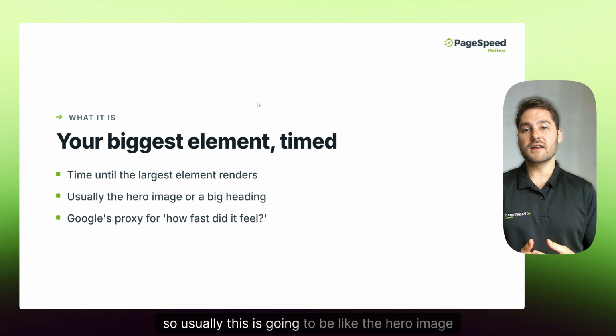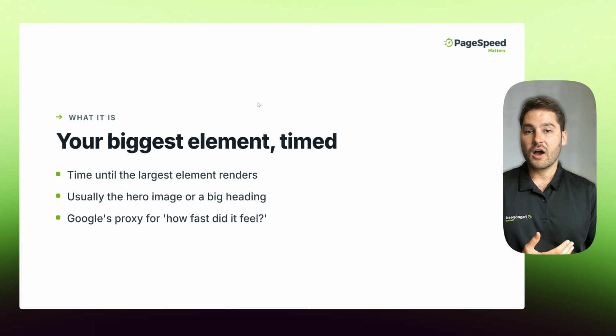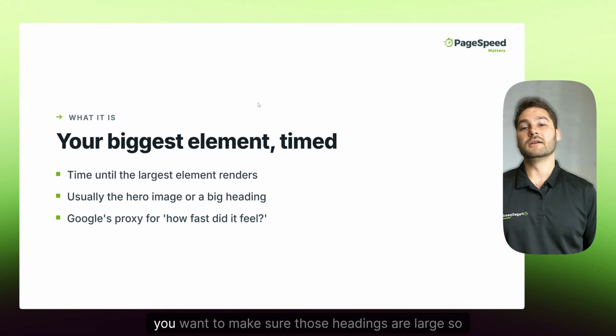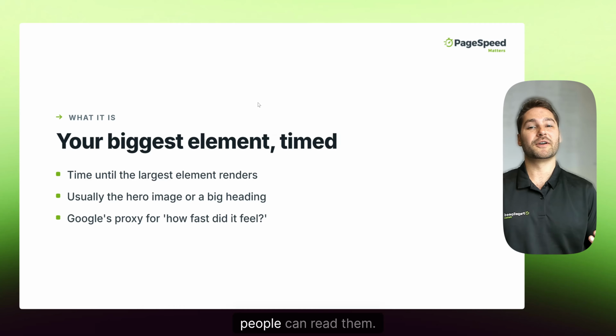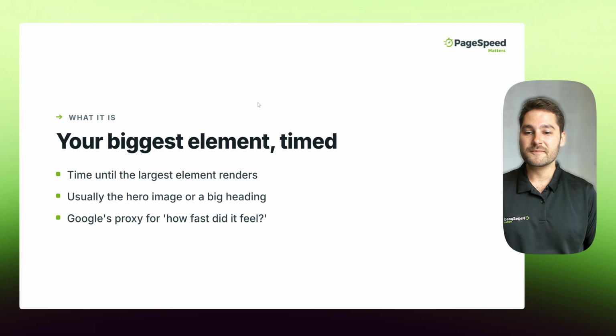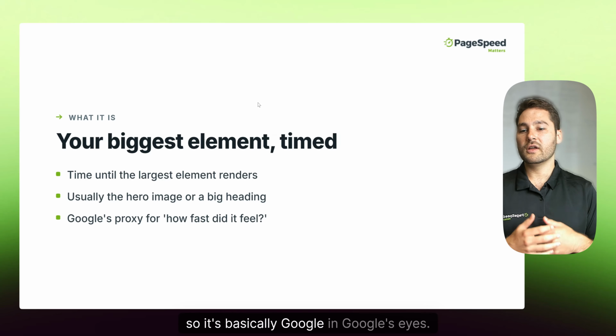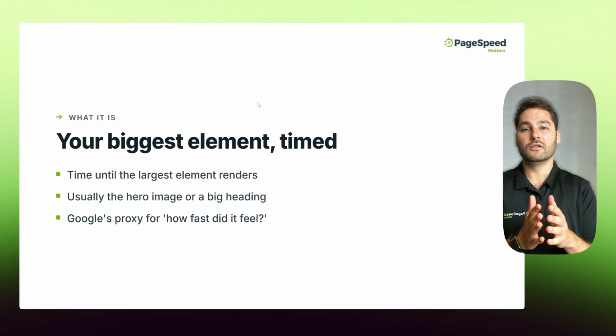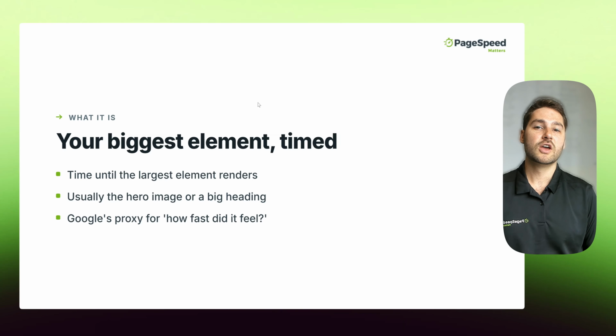So usually this is going to be like the hero image or a large heading, especially on mobile. You want to make sure those headings are large so people can read them. Sometimes that might be a third-party font, though, that slows things down. So basically, in Google's eyes, it's how fast does that feel for the largest element on this page to